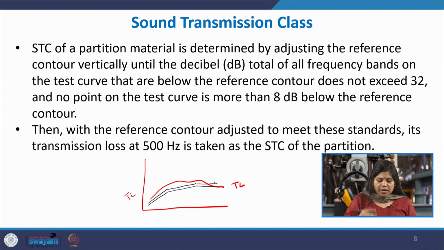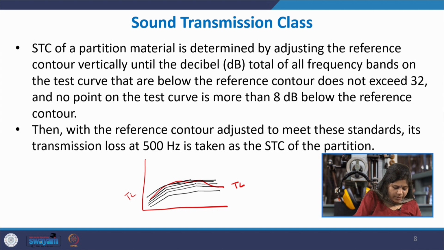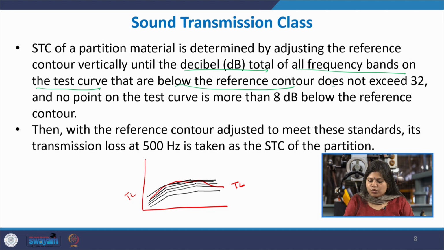So, you start from the STC 0 value and you keep going up till you reach a contour. Suppose I reach finally this contour, where this condition is satisfied: the total decibel of all the frequency bands in the test curve that are below the reference contour should not exceed